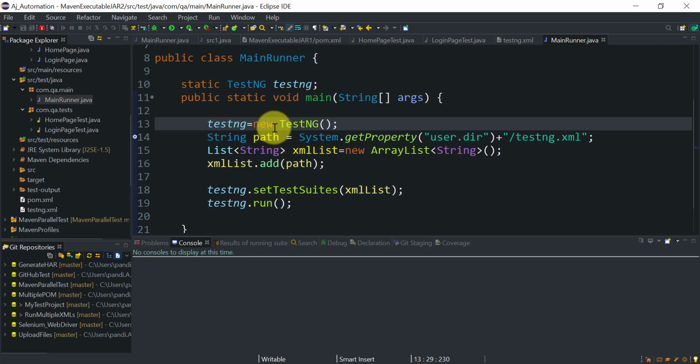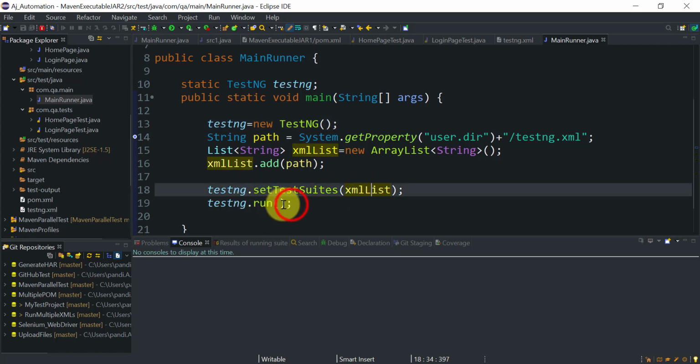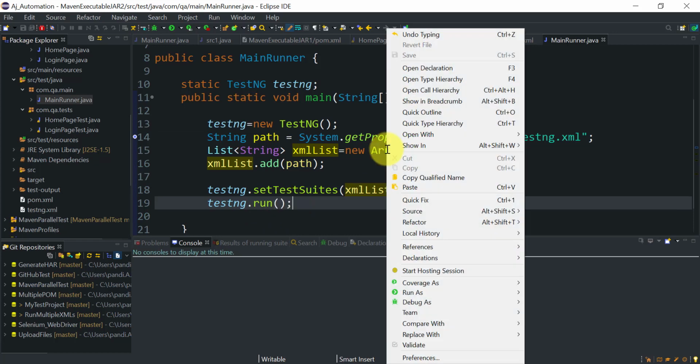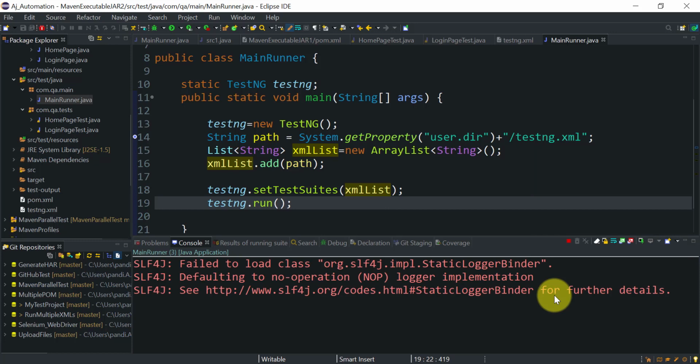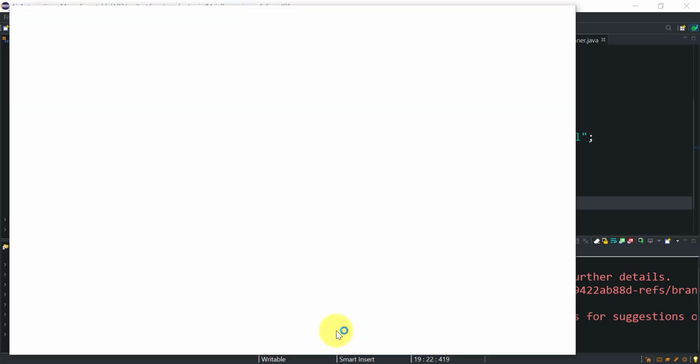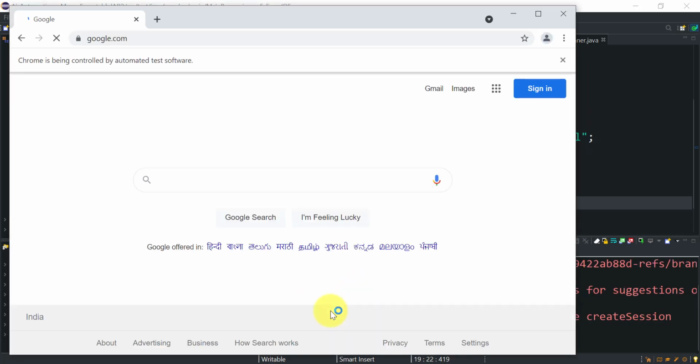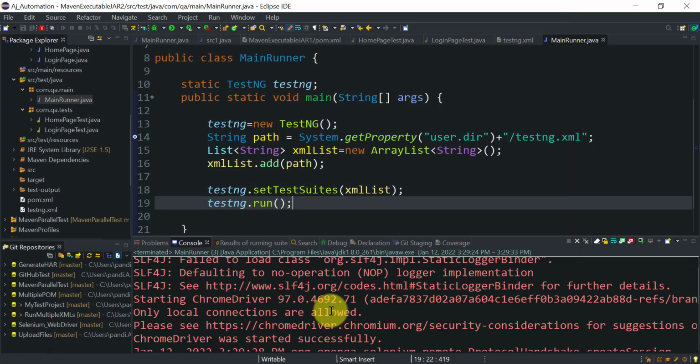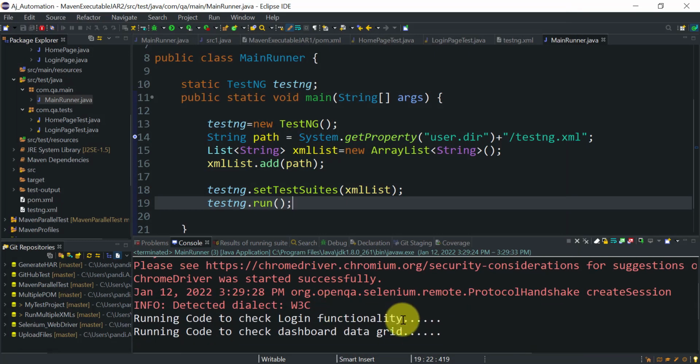Using this object reference, we will add this XML file details to setTestSuites, and then using the run method, we can run it. So this time it is running our test cases. That means we are able to run our testng.xml file from the main method as well.